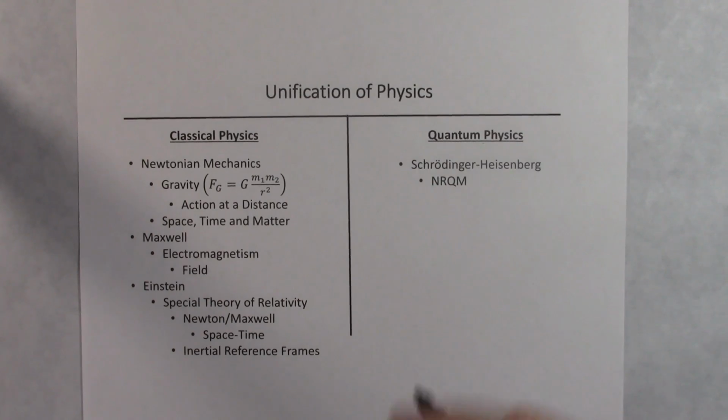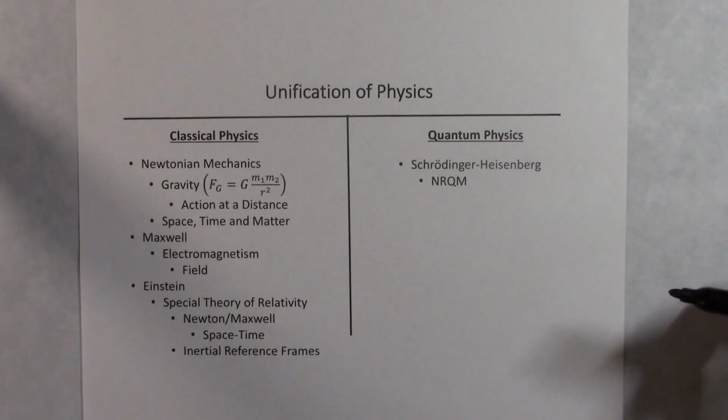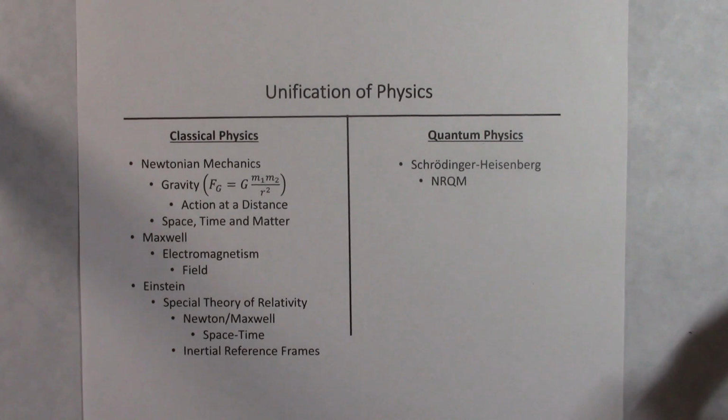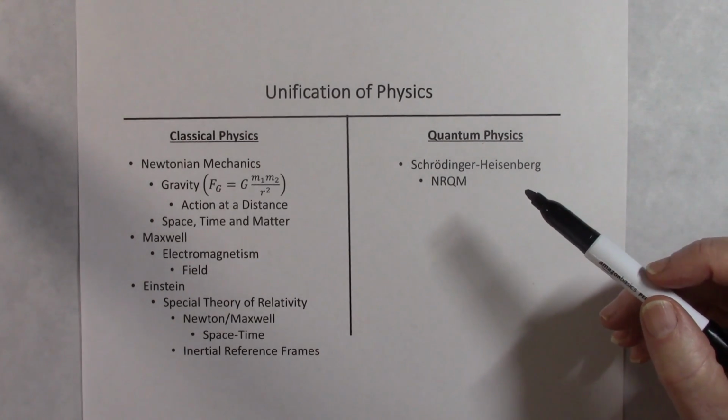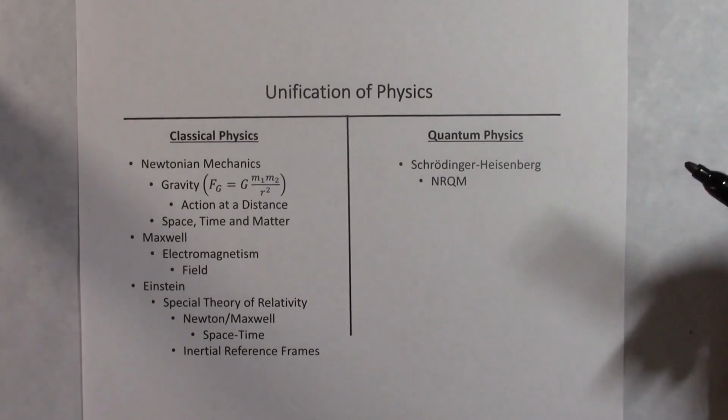Our series on the unification of physics. Now, last time we talked about non-relativistic quantum mechanics. It was really the first quantum theory, and it was designed to address the failures of classical physics. Classical physics, in several instances, did not accurately predict the physics at small scales. And so something had to be developed to remedy that, and the first theory that was developed was non-relativistic quantum